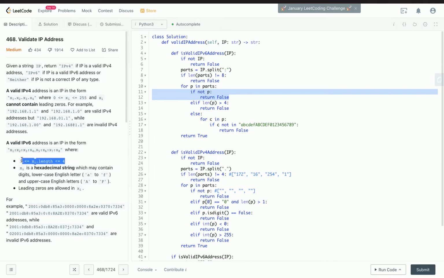And remember, the length has to be 1 to 4. So if it's greater than 4, more than 4 characters, then return false. And then we have to check whether it's a hexadecimal string. So actually, we can just check for